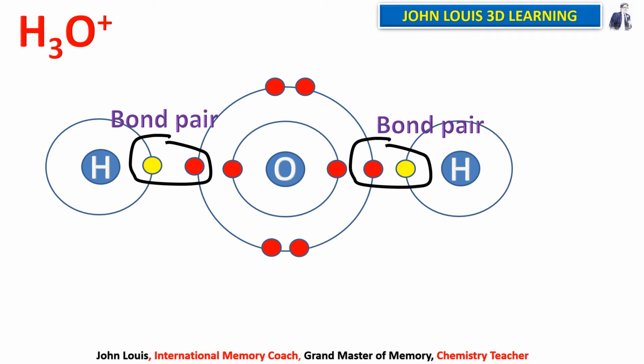But you can see in the oxygen atom, on top there is one electron pair, and at the bottom there is another electron pair which are free. They are not involved in any bond formation. So therefore it is called lone pair and lone pair. So the electron pair which is involved in a bond between two atoms is called bond pair. The pair of electrons which is not involved in any bond formation but is free in that atom is known as what? Lone pair.